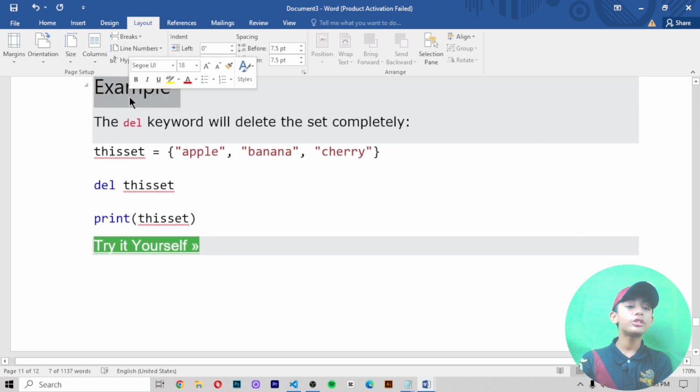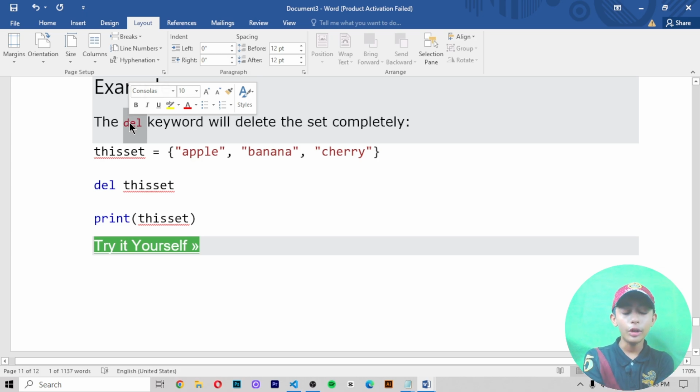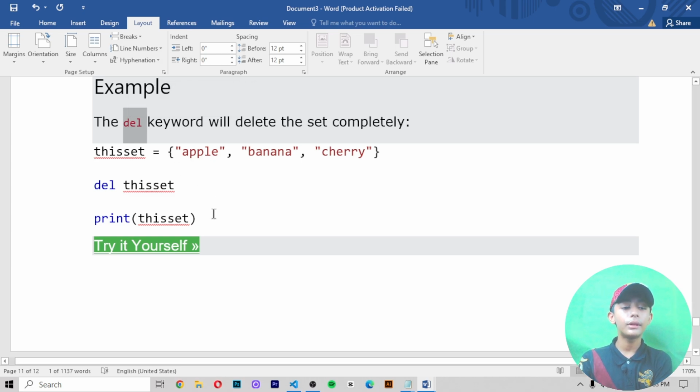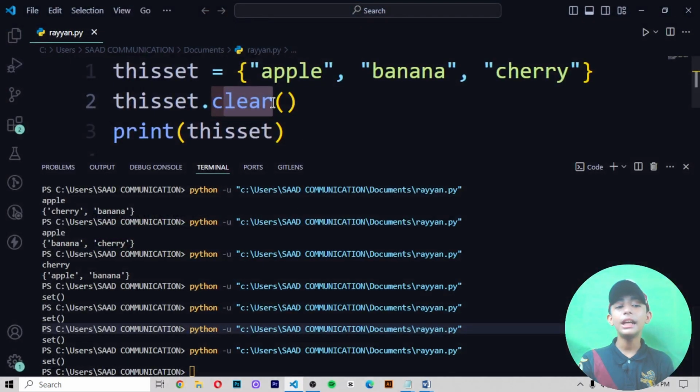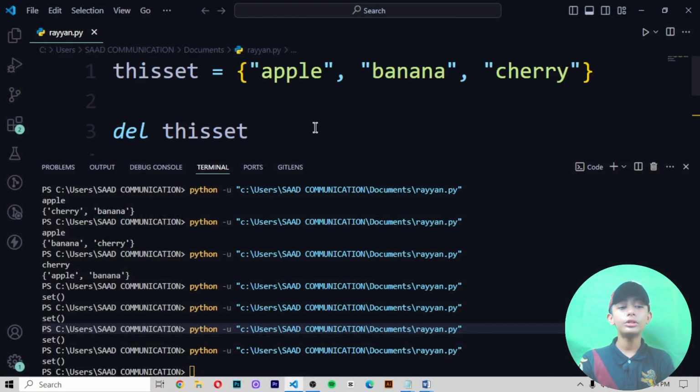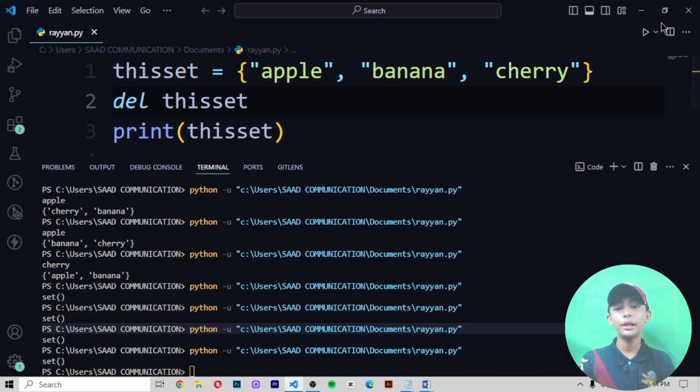One more is called del. Not a method, a keyword. The del keyword will delete the set completely. Let me show you.